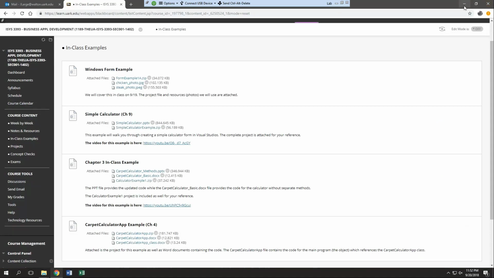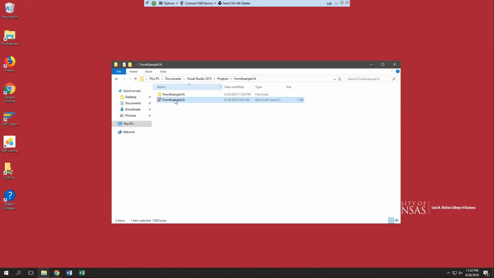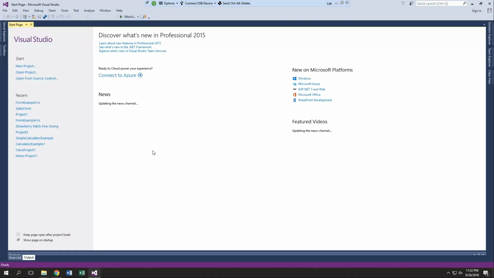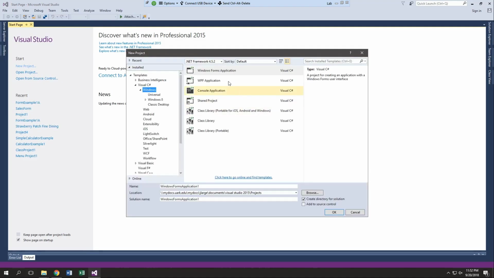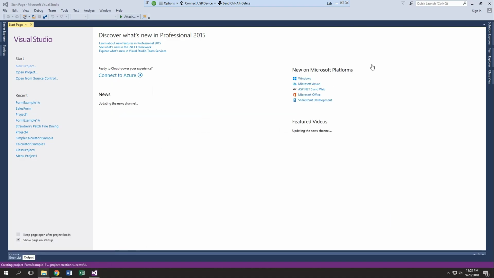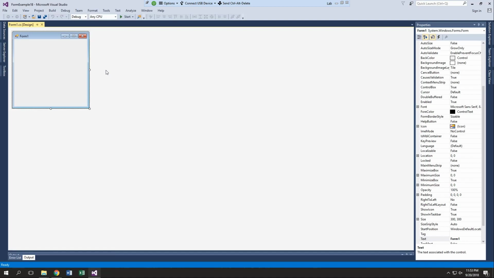So I will walk you through first creating the form, and then I will walk you through the code for the form. So I'm going to do a new project, a new form. I'm going to do form example. I'll just call it example 2. I'll only do 1B so I don't confuse myself, because I named the other 1A, so I'll name this 1B. Okay, so